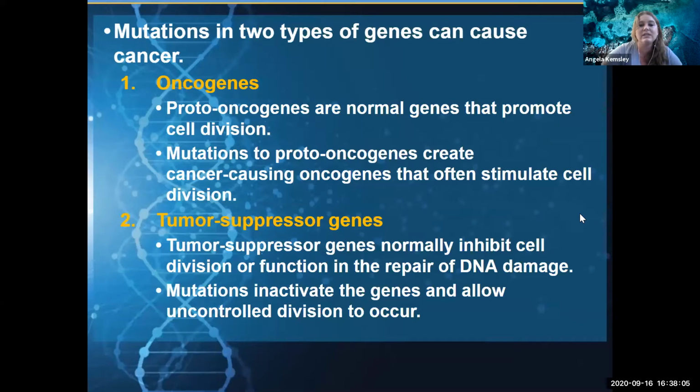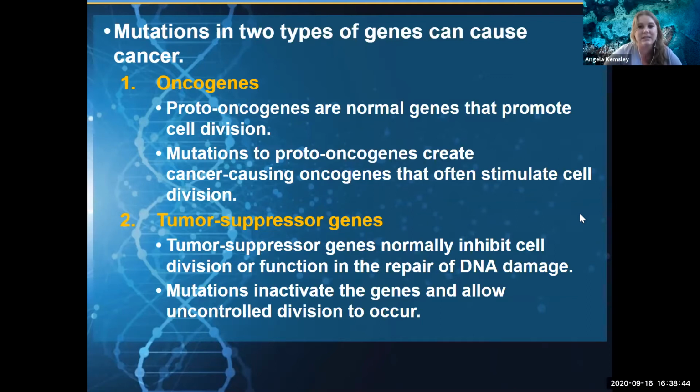So mutations in two types of genes can cause cancer. In those oncogenes that we just talked about, there are proto-oncogenes, which are normal genes that promote cell division. Mutations to those proto-oncogenes create cancer-causing oncogenes that then stimulate cell division. Proto-oncogenes are normal genes, they promote cell division at a normal rate, there's still those different mechanisms that can say slow down, they can say stop. What happens in cancerous oncogenes is that these mutations to the proto-oncogenes create these oncogenes that stimulate cell division